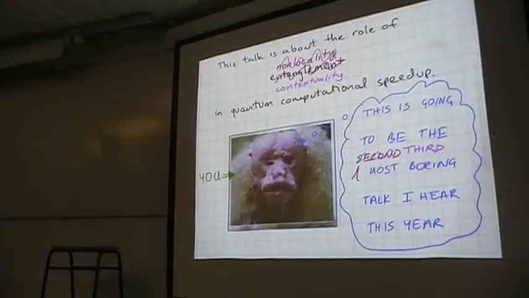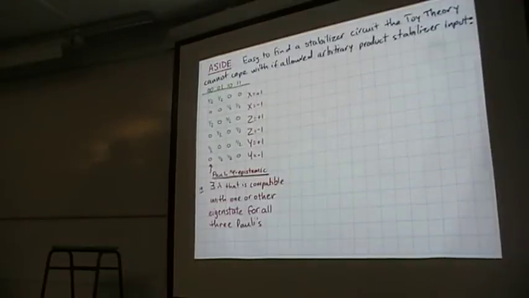Okay. So Rob would say this talk is about contextuality in quantum computational speed up, because the toy theory is a non-contextual theory. So maybe it's only the third most boring talk you hear, and you notice that I realized after my pages of sort of messy algebra, this is what you look like at this stage in the talk. Alright, so